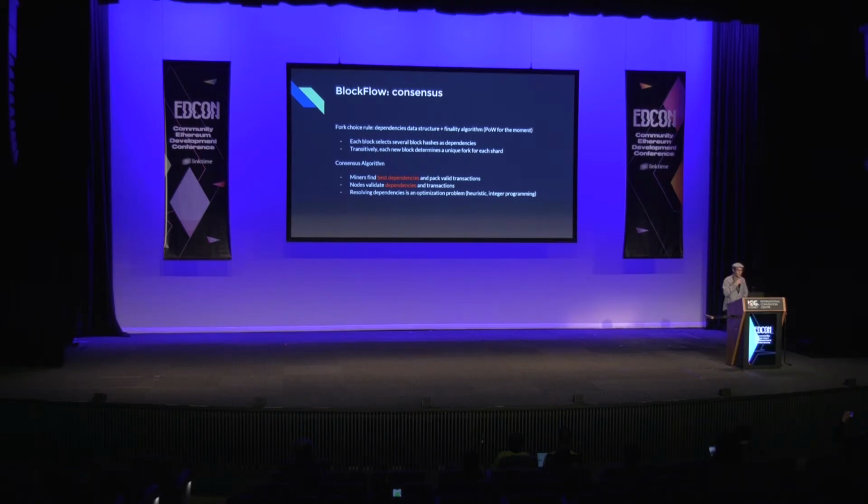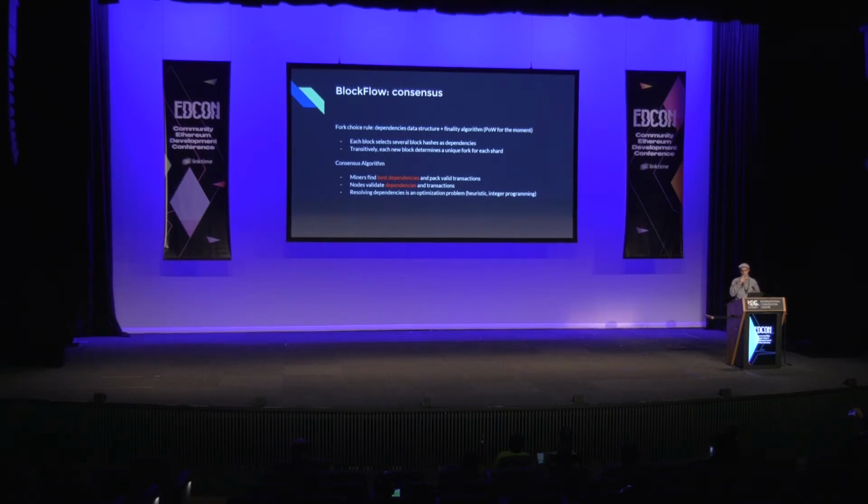Of course, sharding is not just about sharding, right? It's also about reaching a consensus for all the shards. And that's quite complicated, as we could see this morning in some of the talks. In the network, each shard can have forks. So how do we ensure that eventually the network will select compatible and correct forks for different shards? That's basically known as a fork choice rule. And we had a great explanation about that this morning.